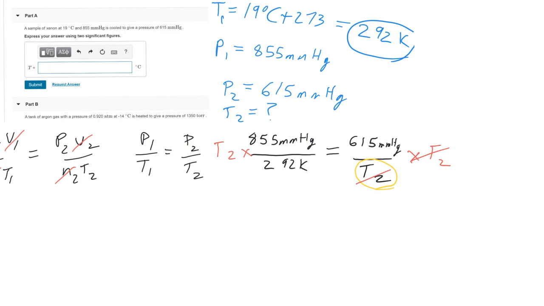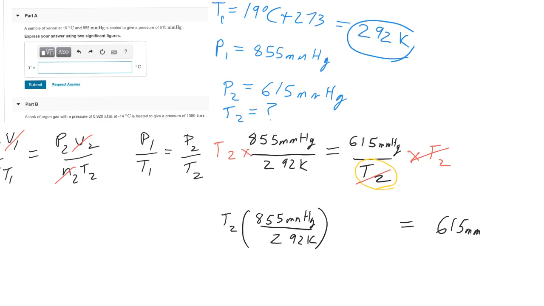All right. So now I write what I've got. I've got T2 times 855 millimeters of mercury times 292 Kelvin equals